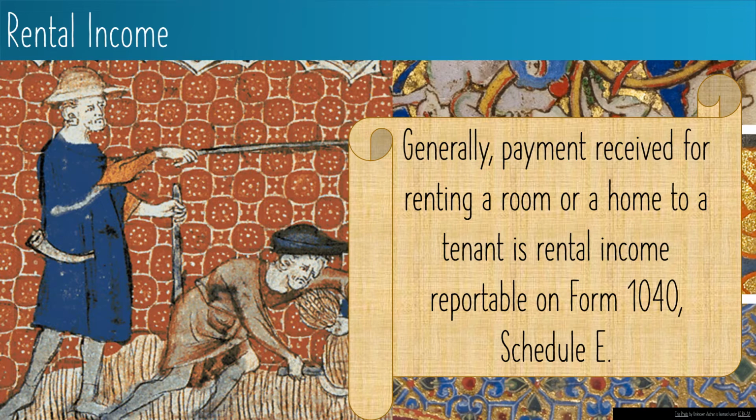Now, people do live together in cohabiting situations, or they might be in an expense sharing situation, and that's not the same as renting. But where one person has the ownership of the property and is receiving rent from another person for that room,